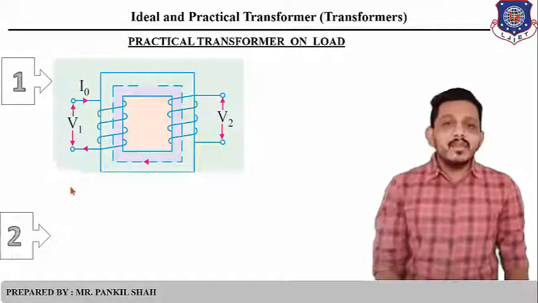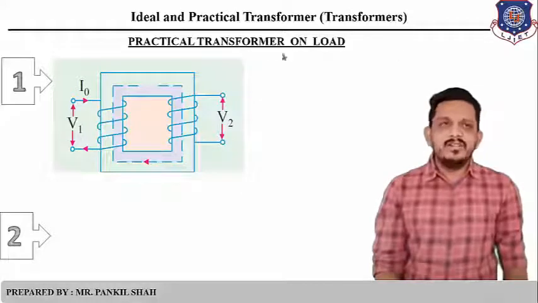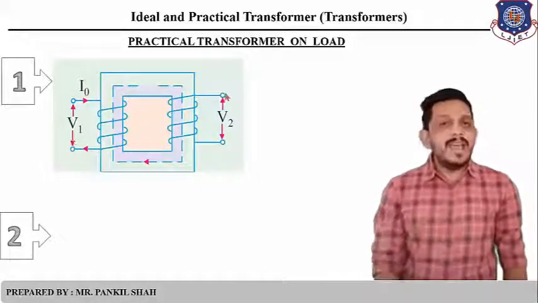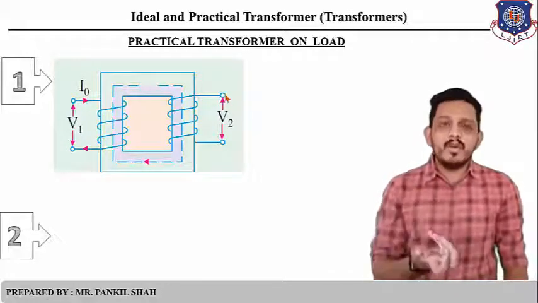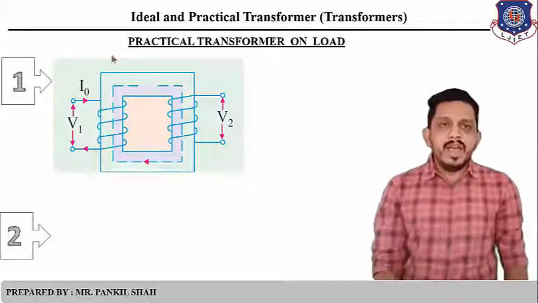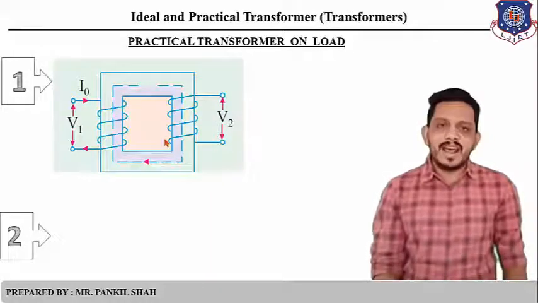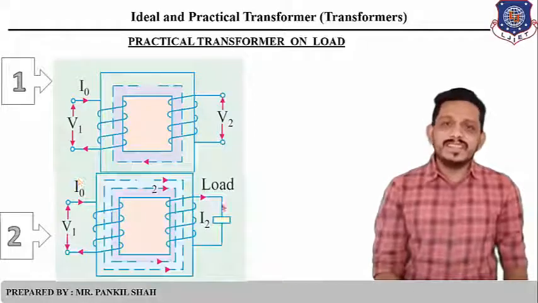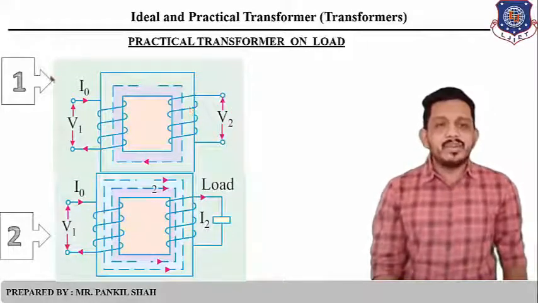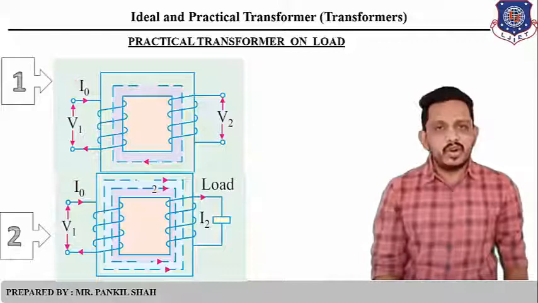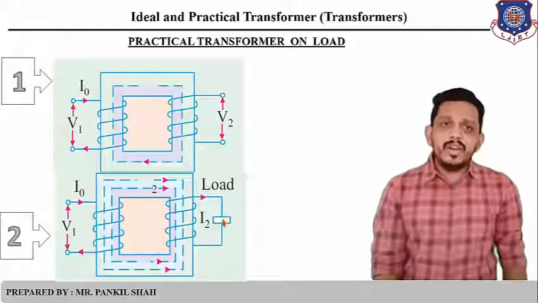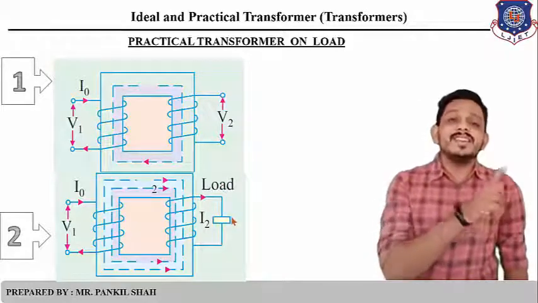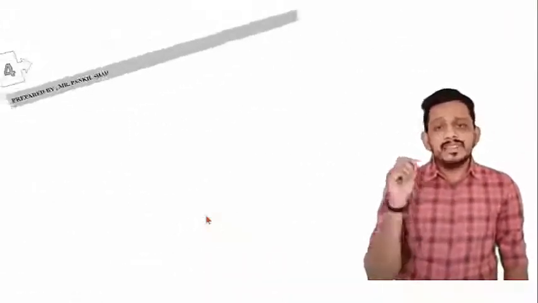In this diagram, we have taken one primary winding and one secondary winding. The voltage applied to the primary winding is V1, and the output voltage of the secondary winding is V2. Phi is the flux flowing in this diagram. Now, if we consider this second diagram, you can see that we have not connected any load, so the current is the no load current only. But if we connect a load here, then some amount of current will start flowing on the secondary side also. So these were two cases.